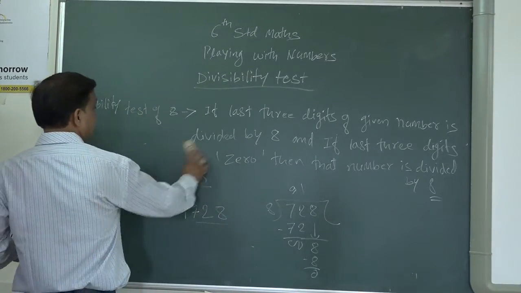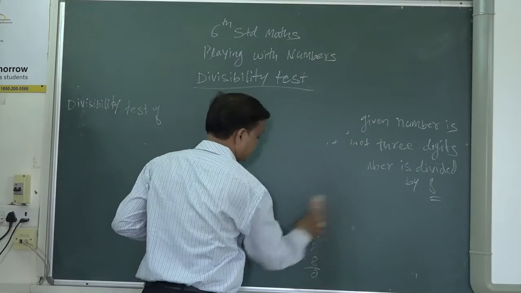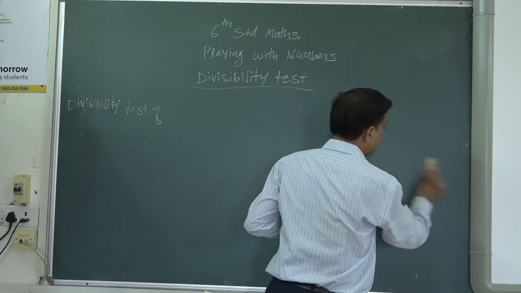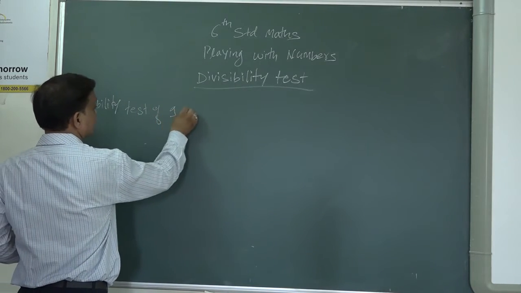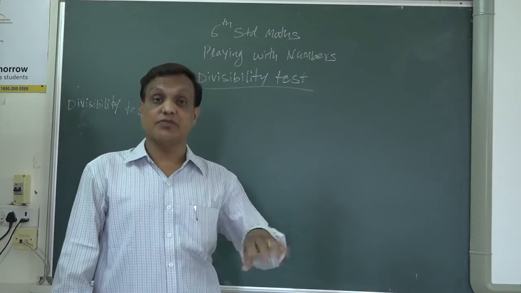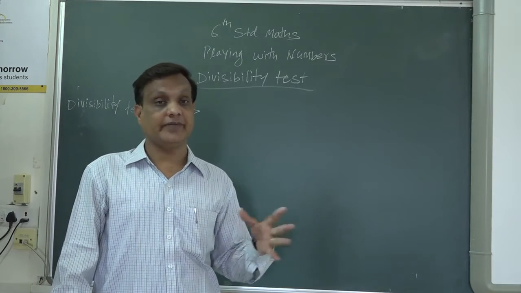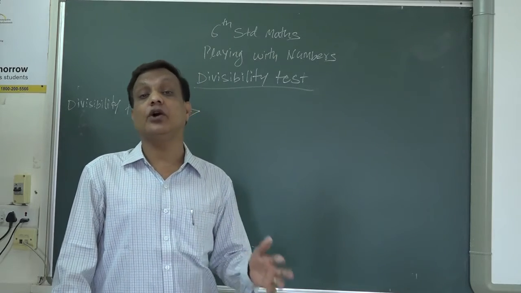Now next we will see the divisibility test of 9. This is also the same as we took for the divisibility test of 3. There, the sum of all the digits in the table of 3 is divisible by 3. Here also, the sum of all the digits in the table of 9 is divisible by 9.